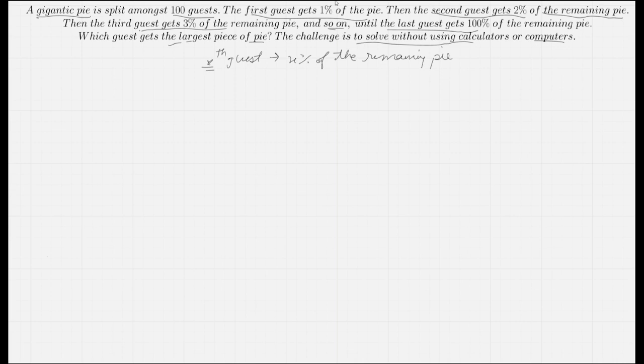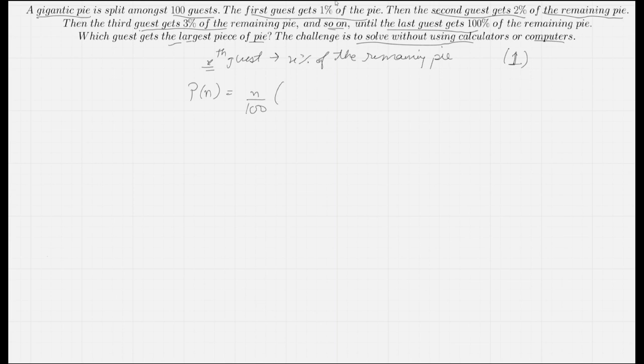Let's say Pn denotes the share that the nth person got. By share, I mean in terms of fraction. Okay, so we will consider the whole pie as one unit. So he or she will get